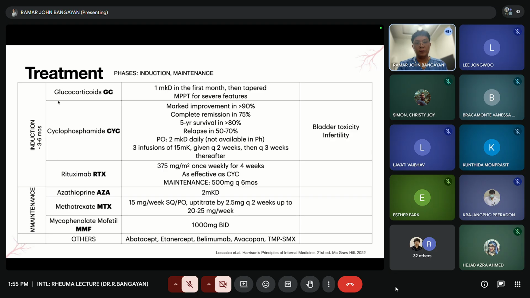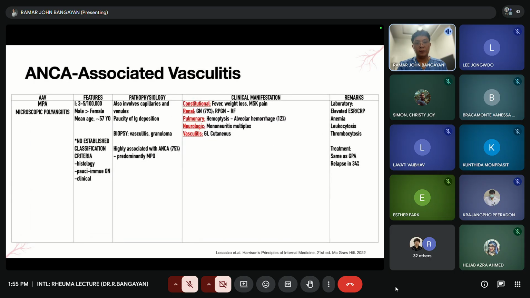Glucocorticoids, the mainstay of treatment, but you need to use steroid sparing immunosuppressants. Okay? So for your maintenance, you can use methotrexate, azathioprine, mycophenolate mofetil, depending on the prominent symptom. Okay? So remember that treatment because the treatment is just the same as the treatment here in your